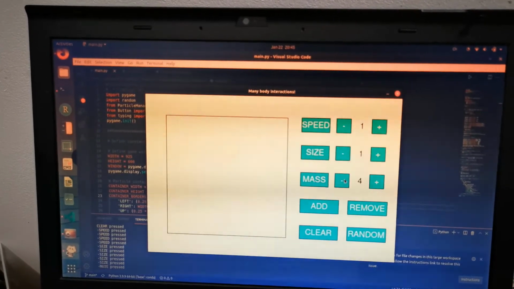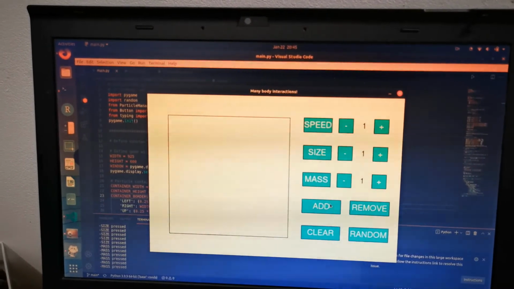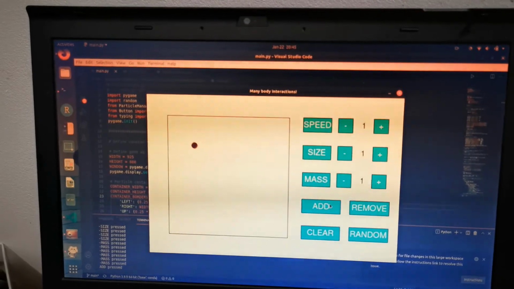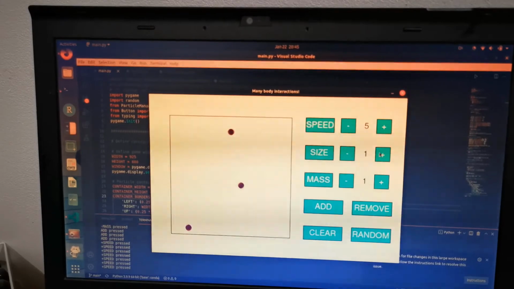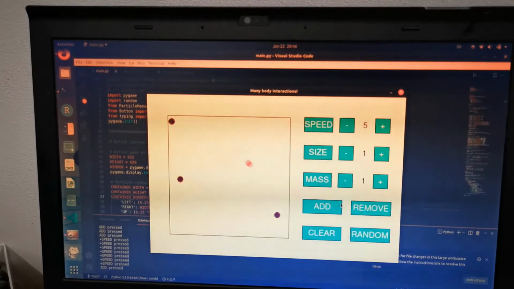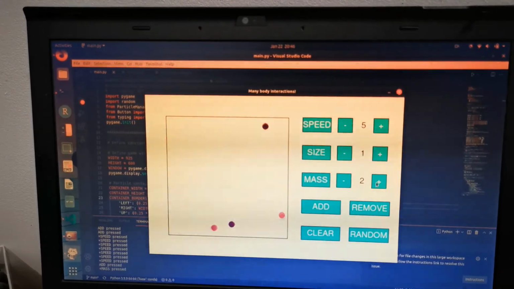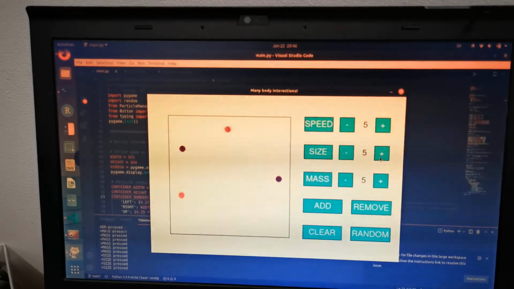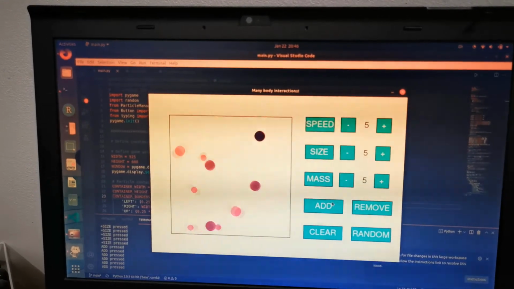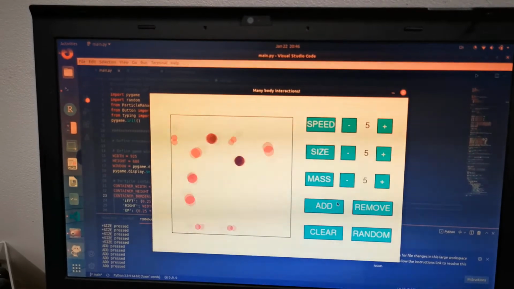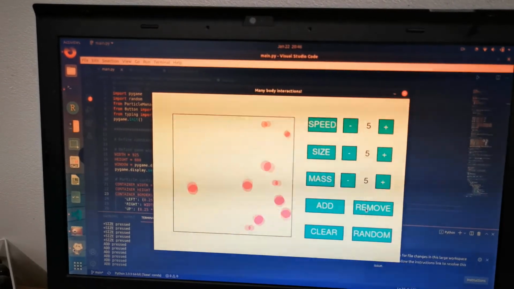So let's add a really small, really slow particle. We can add more, and let's spice things up and make a really fast particle. There we go. And let's add a really fast, really big particle. And let's add another one just like that. And when we get tired of some of the particles on the screen, we can remove them one by one